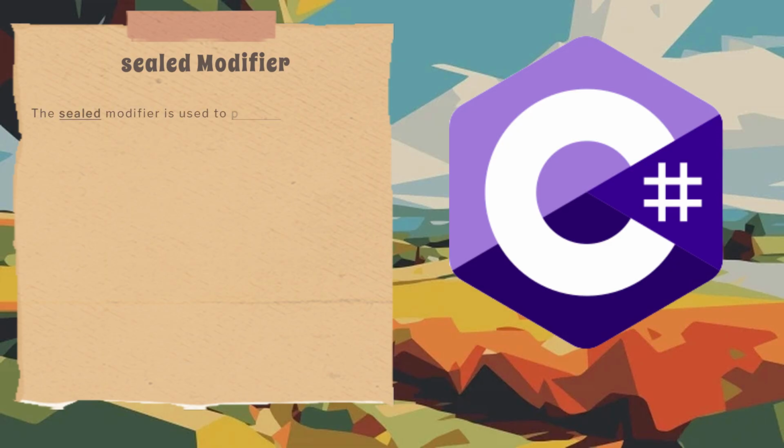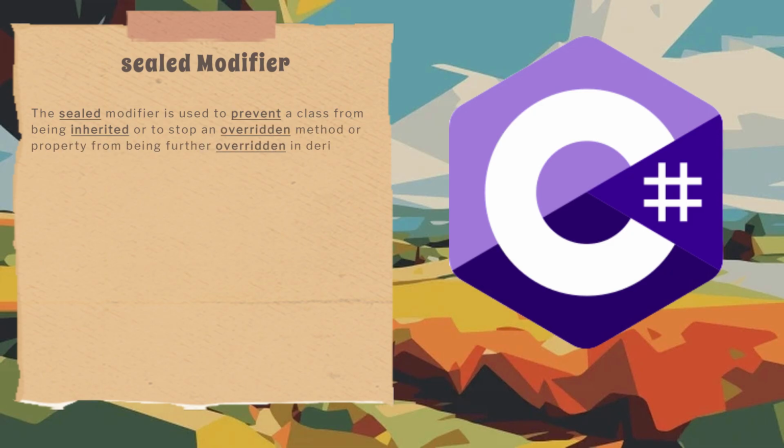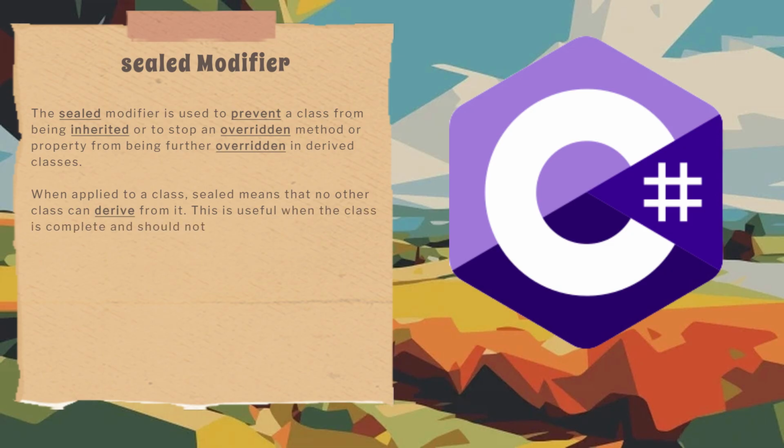The sealed modifier is used to prevent a class from being inherited or to stop an overridden method or property from being further overridden in derived classes. When applied to a class, sealed means that no other class can derive from it. This is useful when the class is complete and should not be extended, which can help with code security, performance,